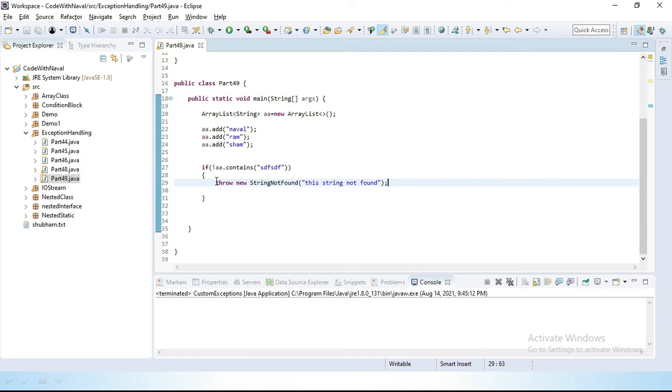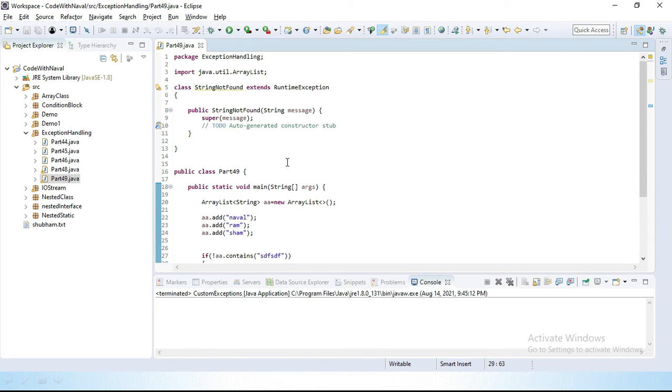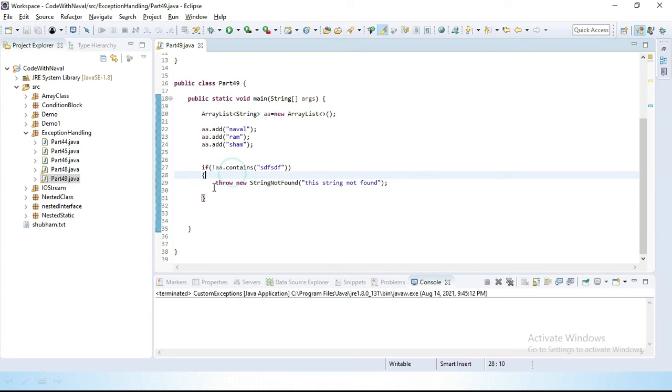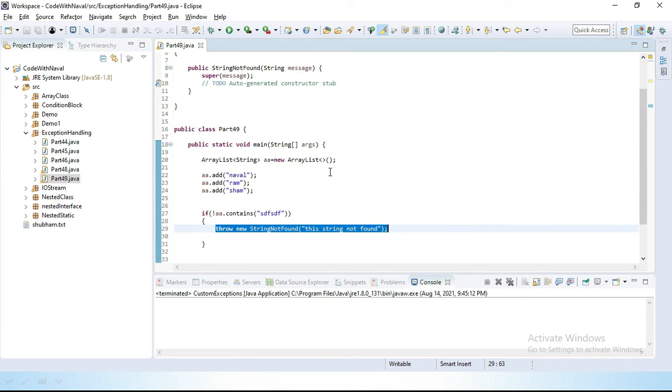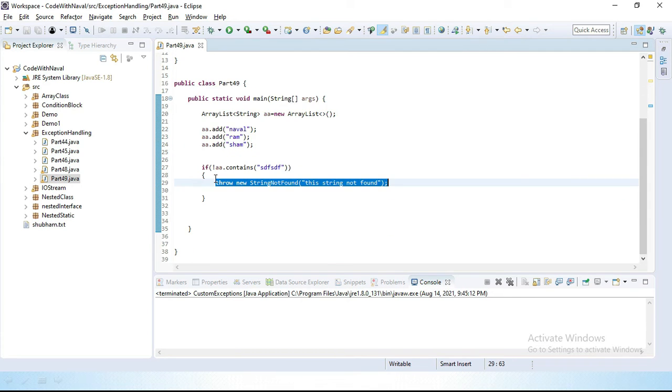Okay, let's save this. You can see it is not forcing us to add this inside a try catch block, because this one is an unchecked exception. This exception is not raised at compile time. This exception is raised at runtime.